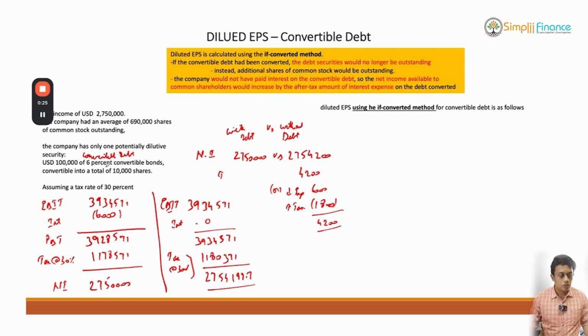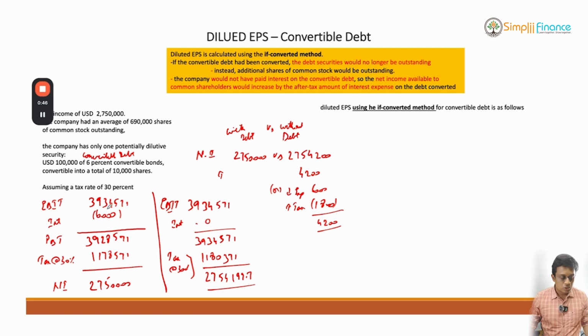The interest here is on 100,000 at 6%. 100,000 was the face value and 6% is the interest rate, and you have a 30% tax rate given to you. So what happens if there's convertible debt and it gets converted, how is it impacting the income